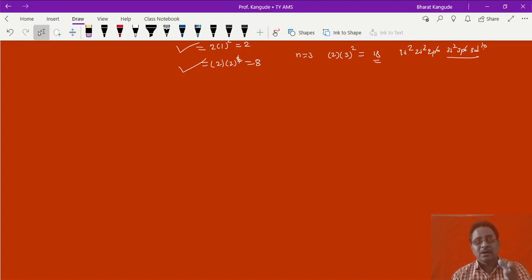And one more quantum number, as we have discussed earlier, is the spin quantum number. So these four quantum numbers are now sufficient to locate any electron inside an atom. If you want to give the exact location of any electron in an atom, these four quantum numbers are sufficient, and thereby